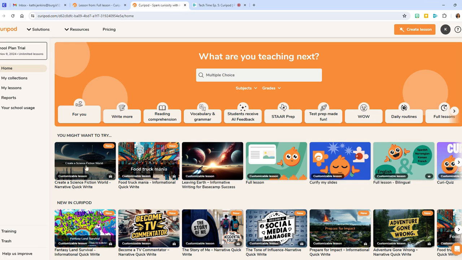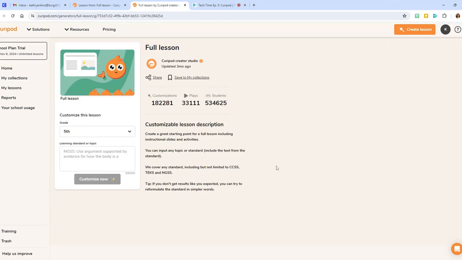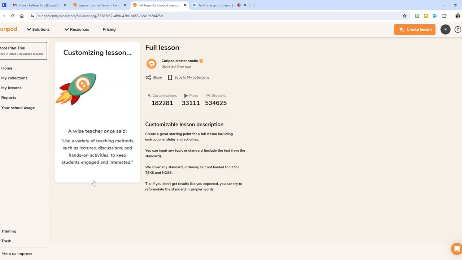Now, we're going to look for this full lesson icon right here, and we're going to click on it. The next page that it's going to pull up is going to ask, a lot like other AI sites, how you want to customize this lesson. I'm going to keep this really simple and pick my grade level as 3rd grade. And my daughter, when she was in 3rd grade, she learned about Milton Hershey. Okay. So I'm going to customize now, and we're going to see what Curipod comes up with to help her